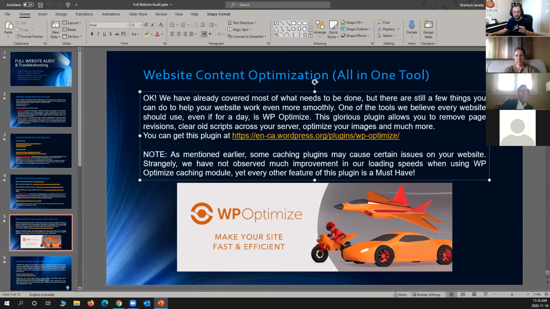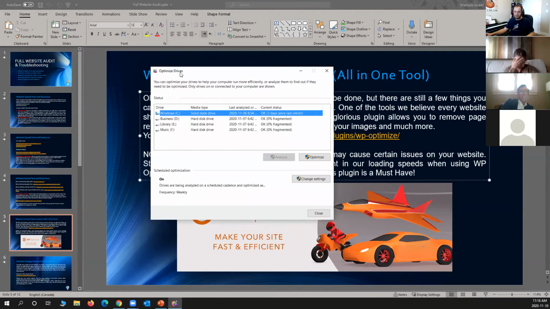How many of you have used, if you are a Windows user, again, sorry, Lise, how many of you have used optimize drives? Disk Defragmenter. What it does is defragment your hard drive. It's all the stuff that is scattered all around the place. It brings them all together and organizes them.